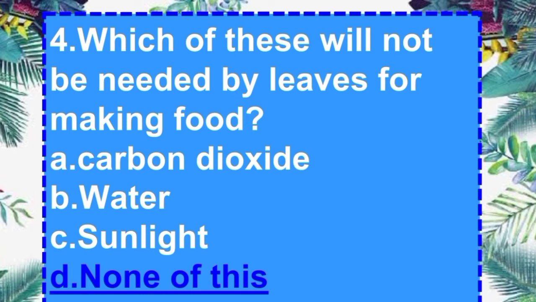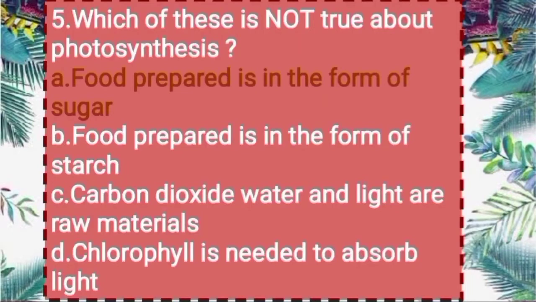none of these. So answer is option D, none of these, because green plants use light, water and carbon dioxide, three of the things, as raw material to make their food. So answer is option D, none of these. Now next,